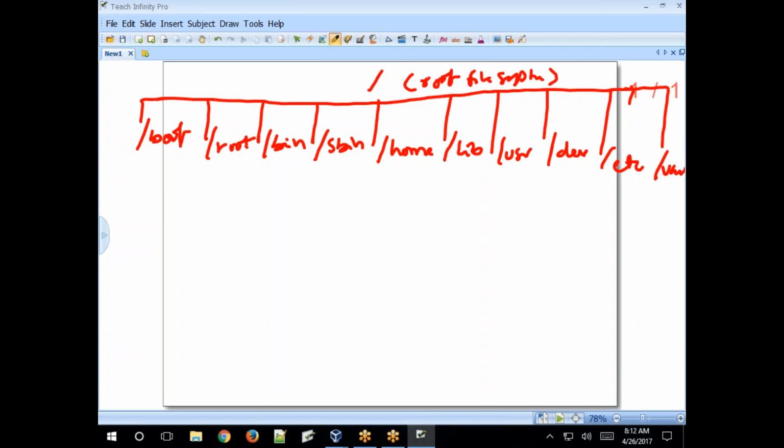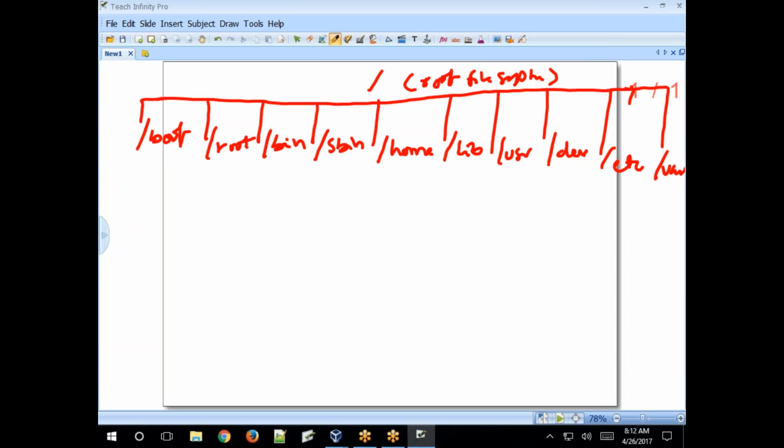Under the root file system, boot, root, bin, sbin, home, lib, usr, dev, etc and var, and proc, tmp, some other directories are created by default. The file system is nothing but a way of organizing files and directories in a proper manner, like a tree structure.